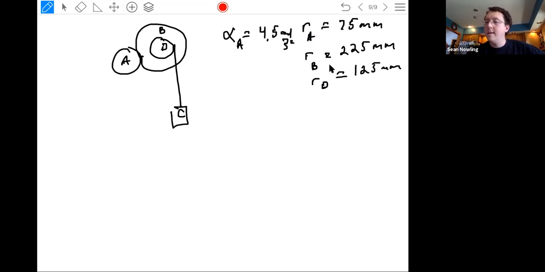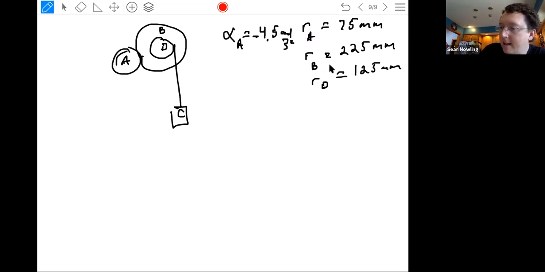Now, I'm going to use math convention. Because it's rotating in a clockwise fashion, I'm going to say that's a negative alpha. Okay? All right. Because I know the arc length traveled around A